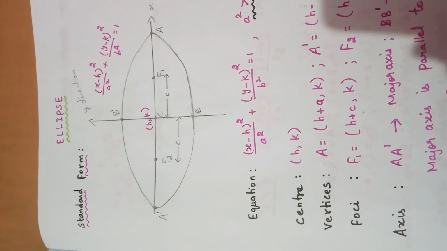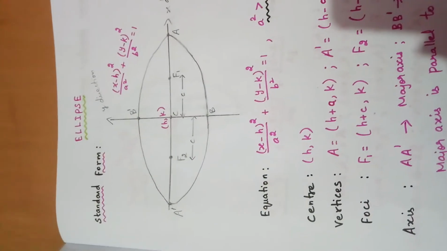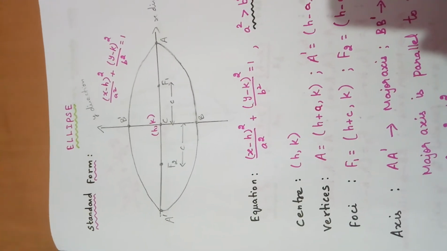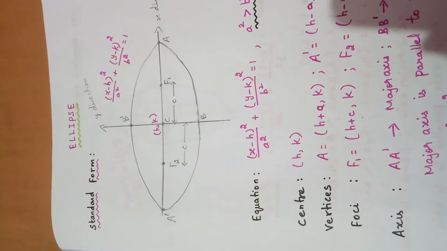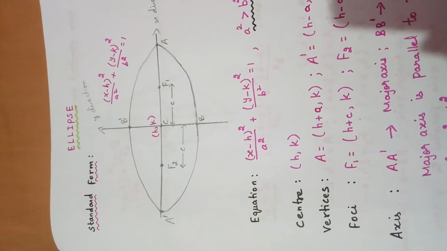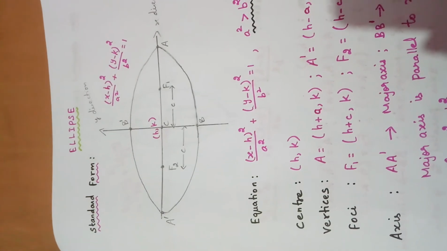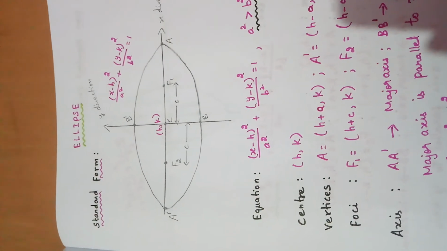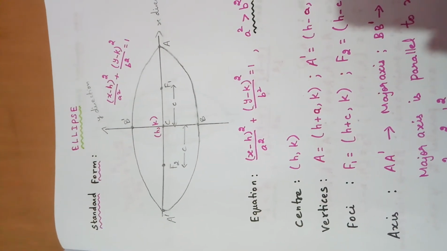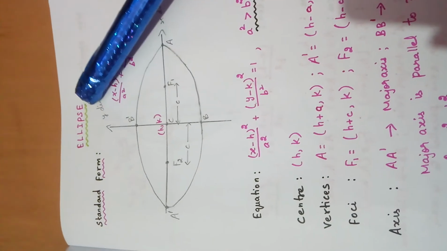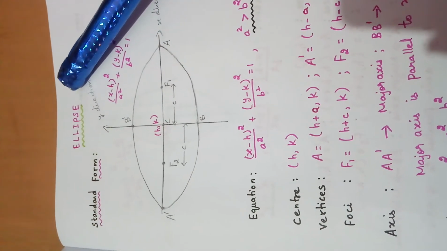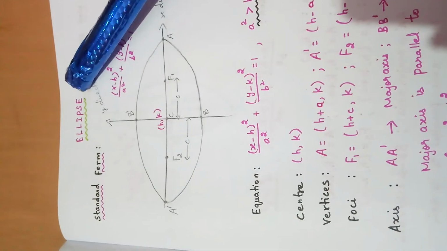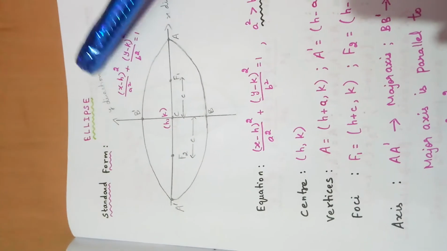This is theory class. So far, we have discussed a conic called parabola and its types. Four types of parabola we have seen: open rightward, open leftward, open upward, open downward, and we have seen problems related with parabola also. Now we will pass on to the second type of conic, called ellipse. So in this theory class, we are going to discuss what is ellipse and what are the formulas related with ellipse that we have to learn.